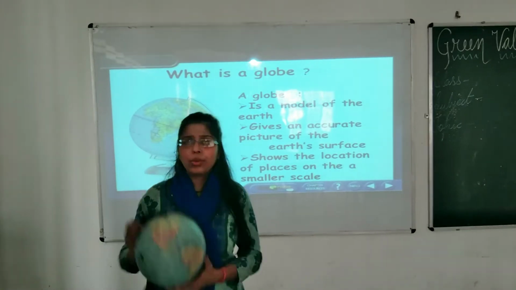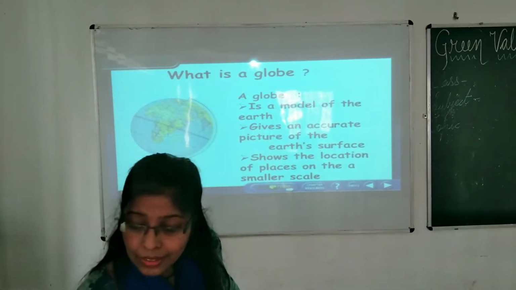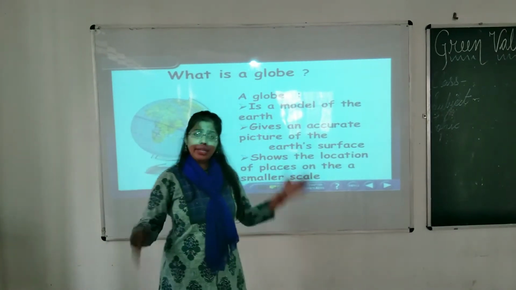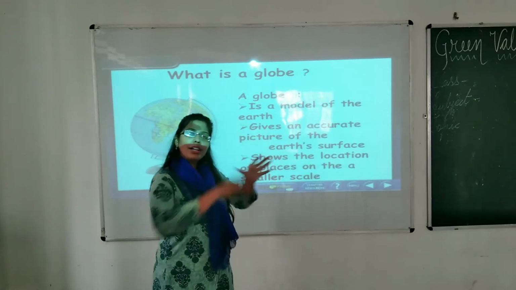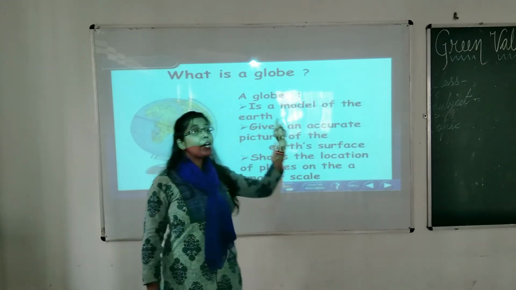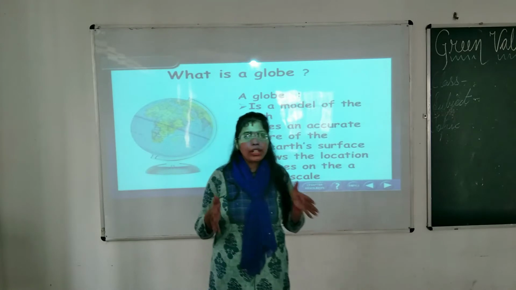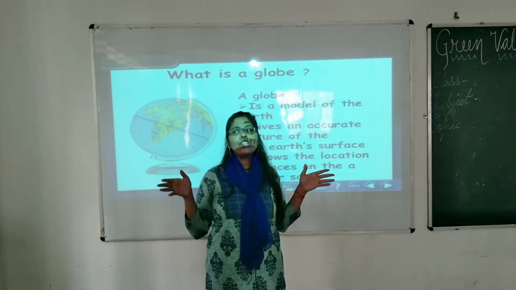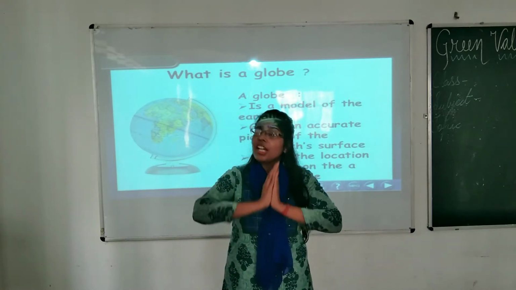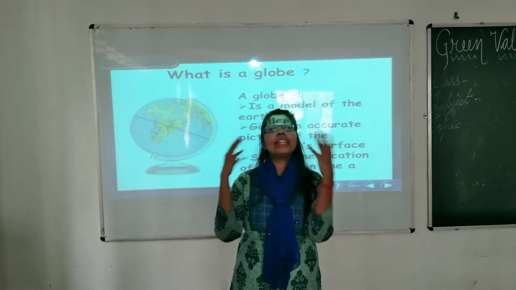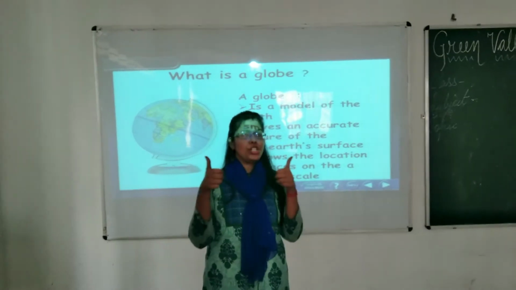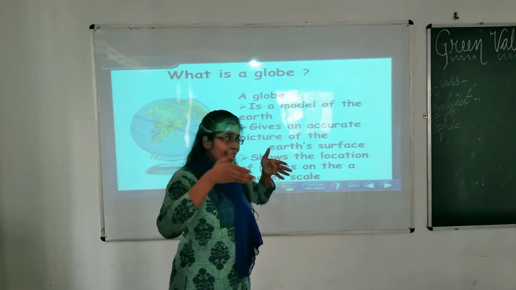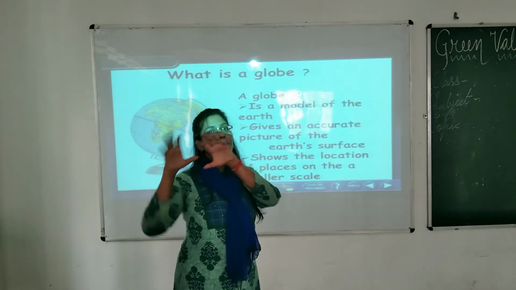So what is a globe? A globe, इसको रख देती हूँ. Let me keep this. So what is a globe? A globe is a model of the Earth because it represents Earth's surface. It gives an accurate picture of the Earth's surface. As I told you all, how exactly the Earth looks, you cannot see the Earth. That is why a great invention was done, the globe. जिसने भी किया है, शानदार invention किया है. The person who invented the globe has done a good job. That is why you are able to see the Earth. You are exactly remembering the Earth's surface by seeing the globe.